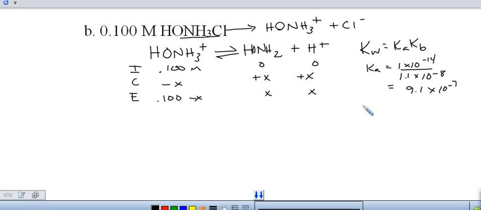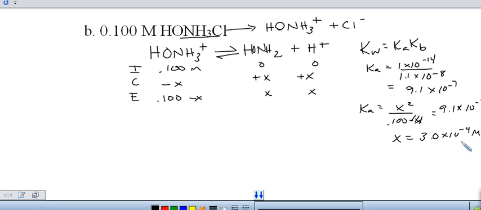Okay, so when I write my Ka expression, I'm going to have products x squared over reactants 0.100 minus x equal to that Ka, 9.1 times 10 to the negative 7th. And again, I will make the assumption that x is much, much smaller than the 0.1. So when I solve for x, I get 3.0 times 10 to the negative 4th molar. I want to divide that, just to double check, by 0.1 and make sure it's less than 5%,